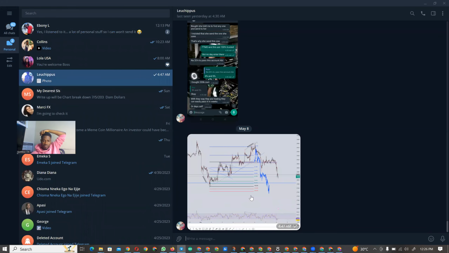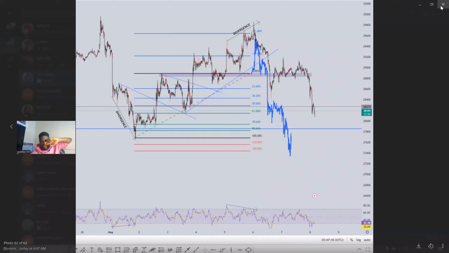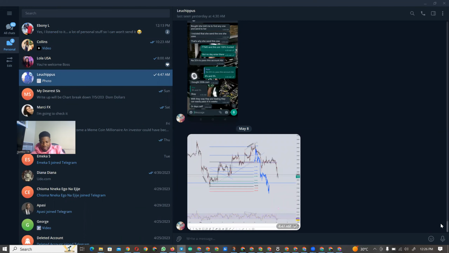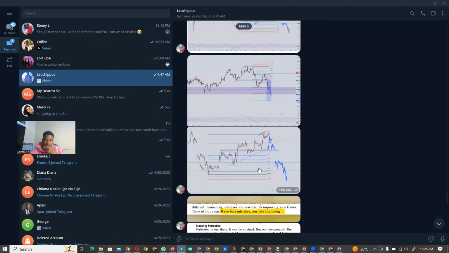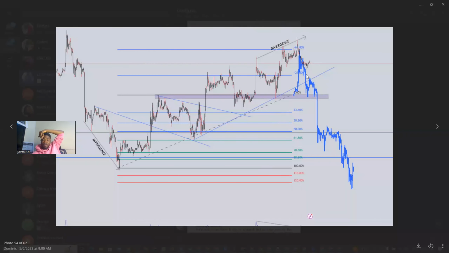I sent it to myself here. You can see the chart. Let me check up here. Okay, that's the chart on Saturday. Bitcoin is coming down here since I saw this divergence and this breakout and retest, and market will fall.